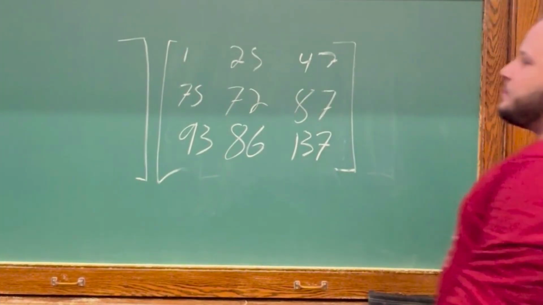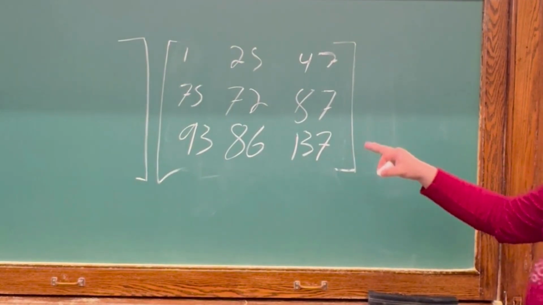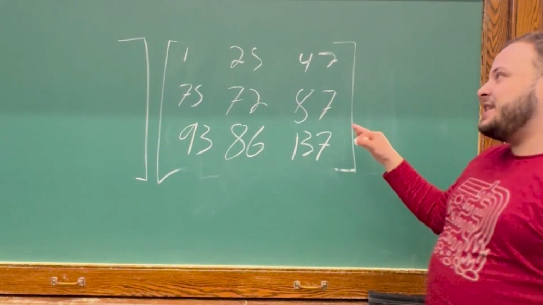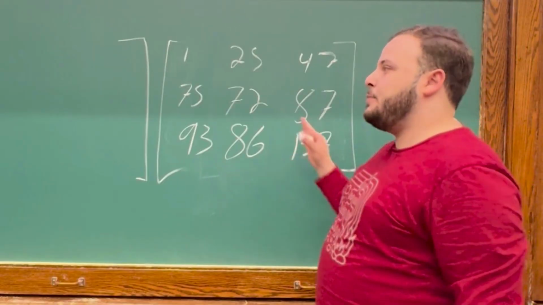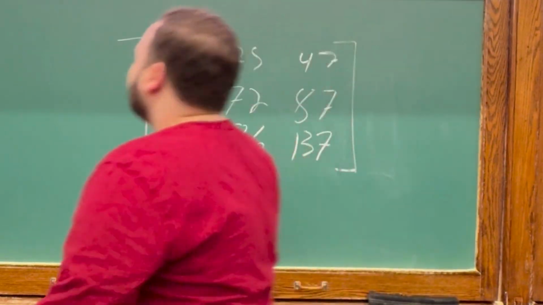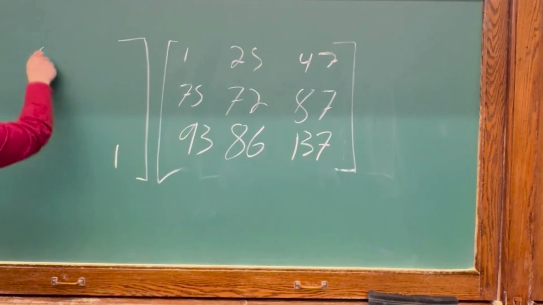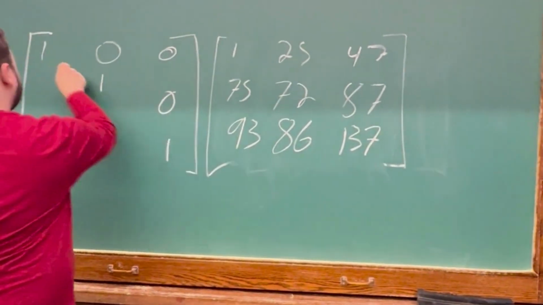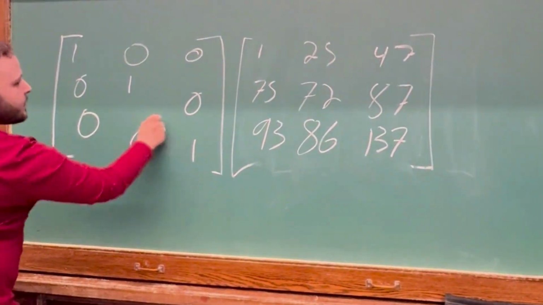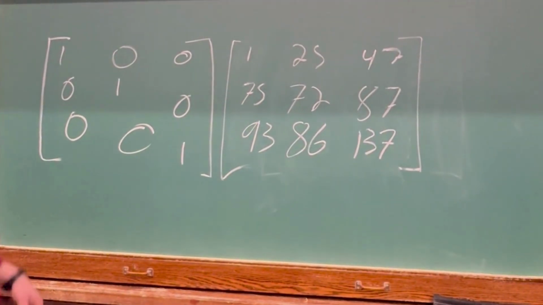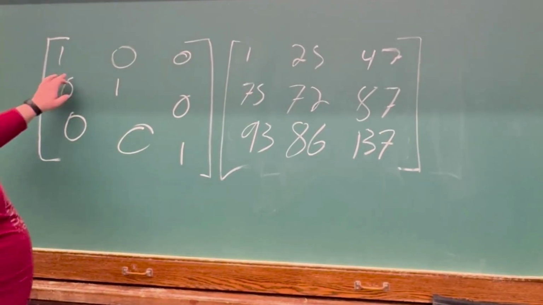So imagine that we have this 3x3 grayscale image represented as a matrix. We can actually manipulate it with matrix multiplication. And the simplest operation would be to just multiply it by the identity matrix. And multiplying an image by the identity matrix simply yields the image again. But if we want to start blurring,